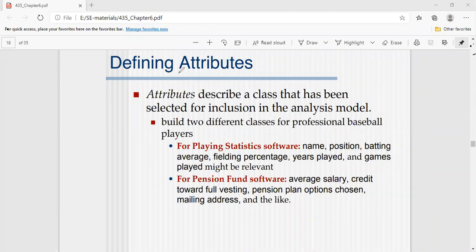Till now we have discussed just analyzing the classes: how we are going to take the class names, analyzing class names, and then the manifestos of classes.